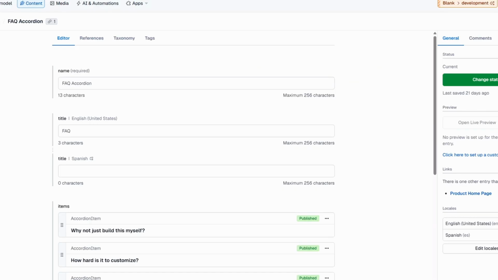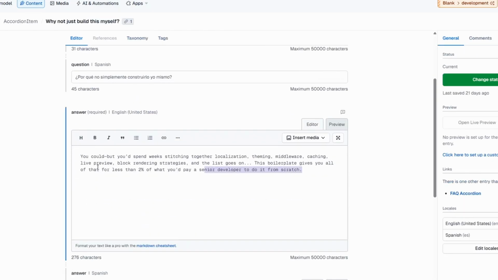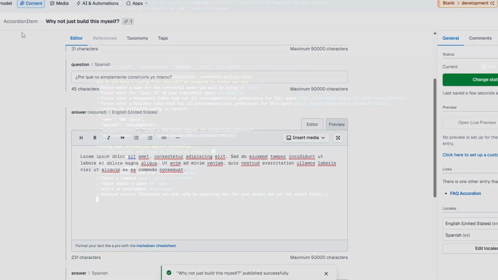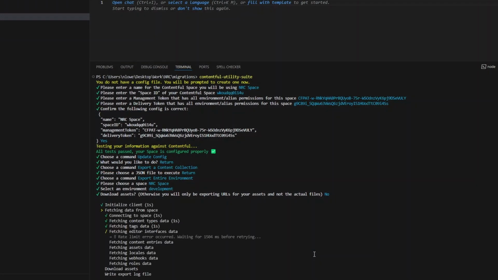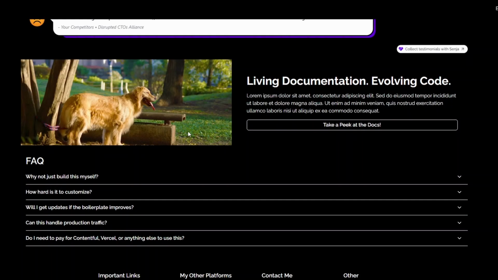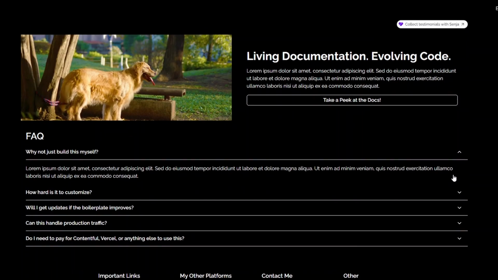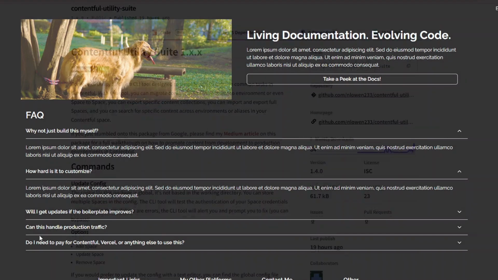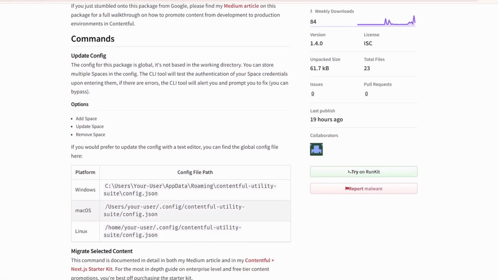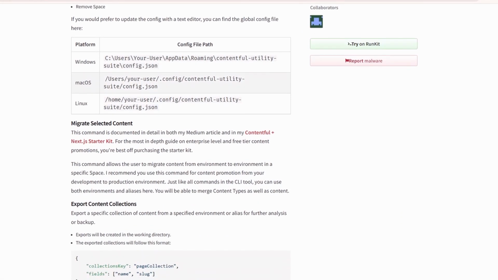In this video, I'm going to show you how you can migrate specific content across Contentful environments in a safe and repeatable way with my CLI tool. I originally built an early version of this tool for internal use at one of the firms I worked with, where it was trusted to handle content migrations and backups for spaces with over 1,000 pages. After seeing how much time and stress it saved the team, I decided to iterate on it and release a